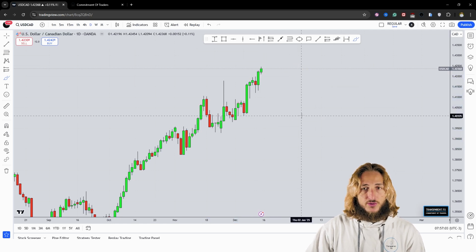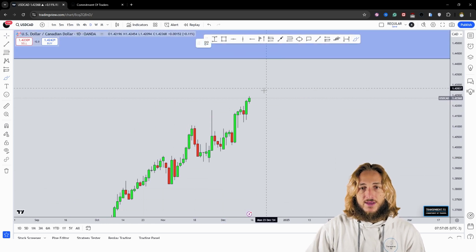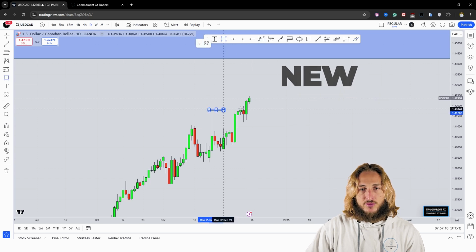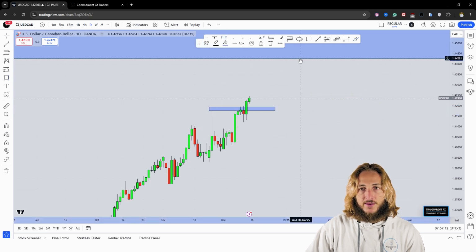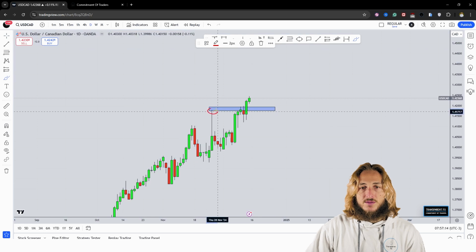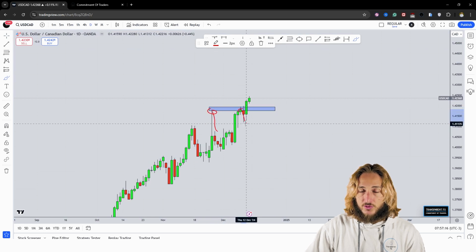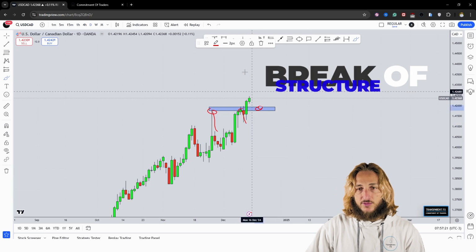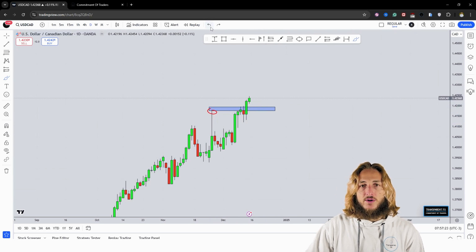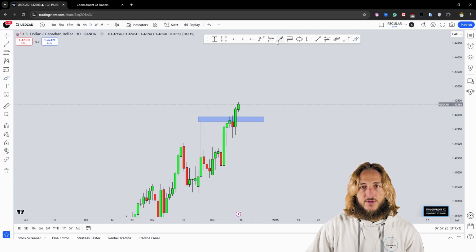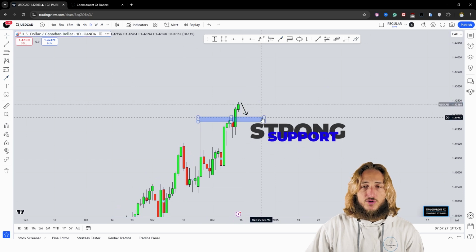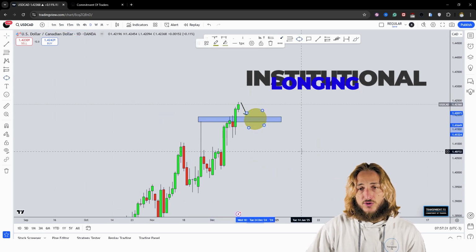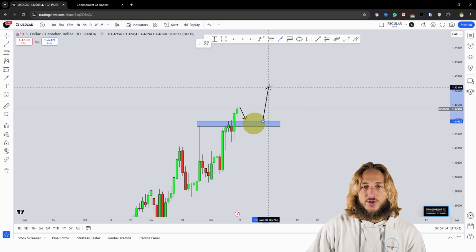We can also notice that as the market is breaking above, it is now creating a new structure, because this level here is the previous resistance and previous high. In fact, from here, both these previous rejections to the downside were created. Now that the market has broken above the level, this previous resistance has turned support. So if the market now goes and retests this previous resistance turned support, there's a good probability inside of here to see more institutional longing, which at that point could further increase the probabilities of a potential rejection to